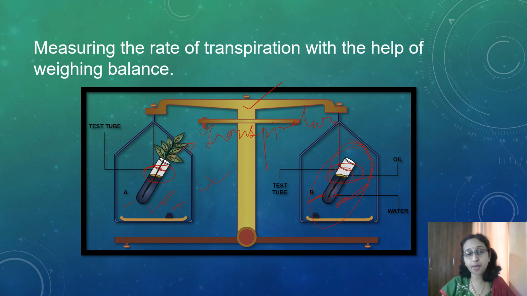So loss of weight is happening due to transpiration, whereas this weight remains stagnant. There is no loss of weight in this control test tube, or in this B, because there is no plant and there is no loss of water from the aerial parts of the plant. And we have already stopped the evaporation here because we have put oil, so no evaporation from the water surface also. So transpiration causes the loss of weight in this A plant, whereas no loss of weight is happening in the B. So this proves that transpiration is happening, and the rate of transpiration in the first one reduces